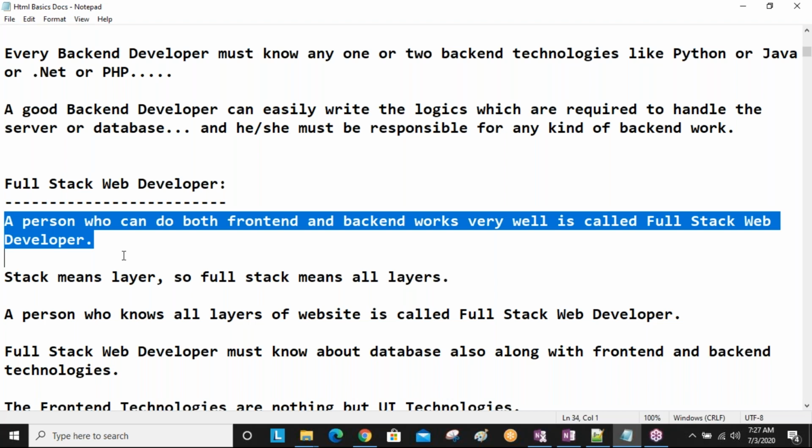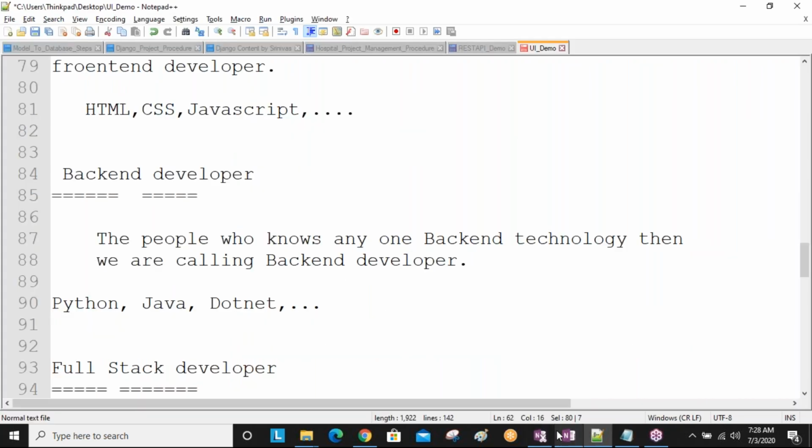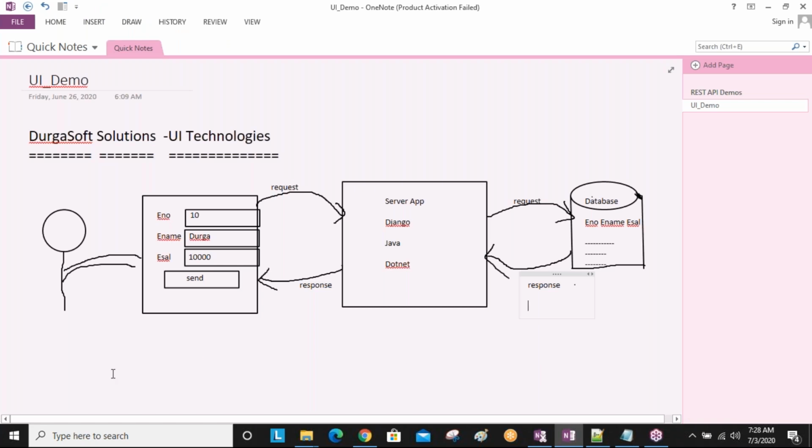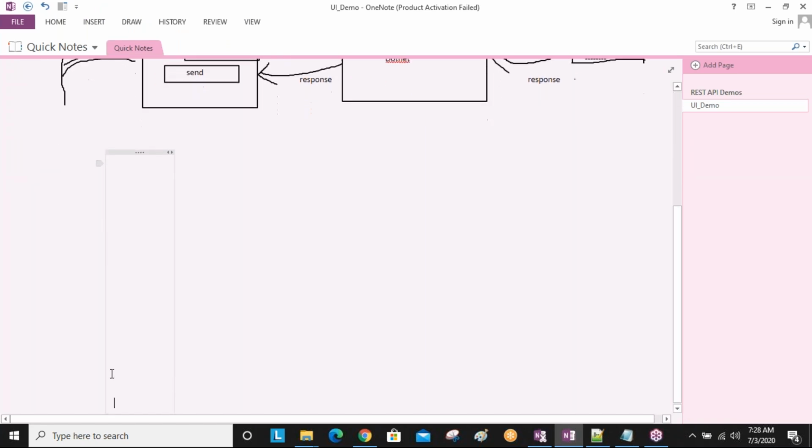Stack means layer, so full stack means all layers. A person who knows all layers of a website is called a full stack developer.